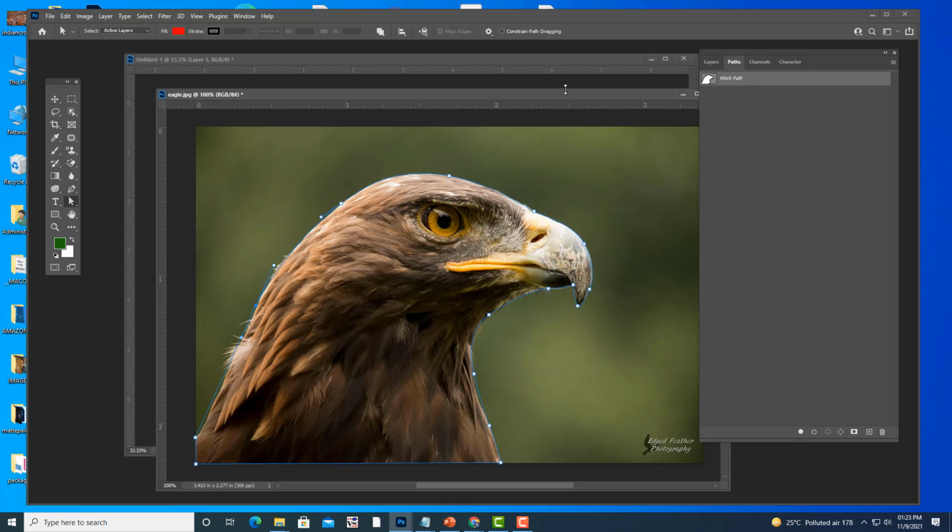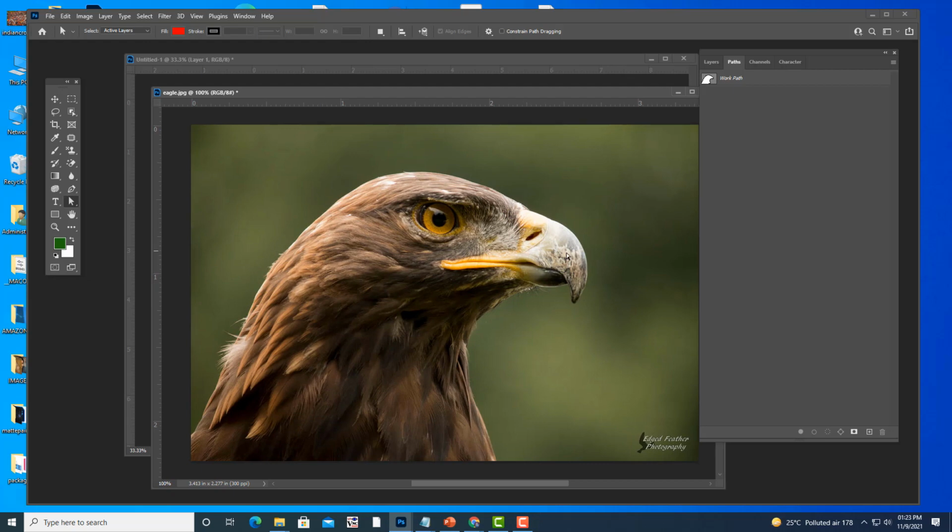Okay, and there is one advantage in selecting with the pen tool. So what is that advantage? I will tell you. For example, if we try to select the same image with the lasso tool, generally you just draw a selection like this, right? So this is how we select with the lasso tool. Everybody knows this. Now if you want to control the points, there is no way, you can't control. But still you can convert the selection to a path.